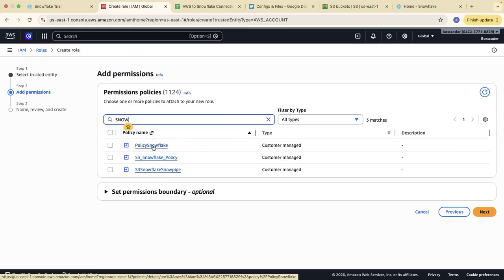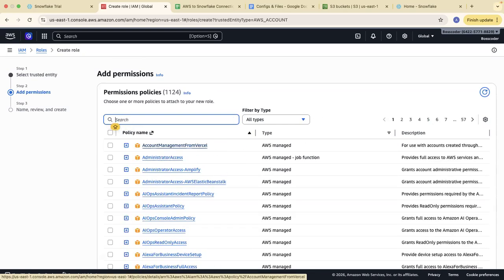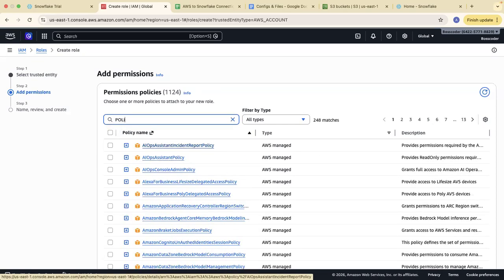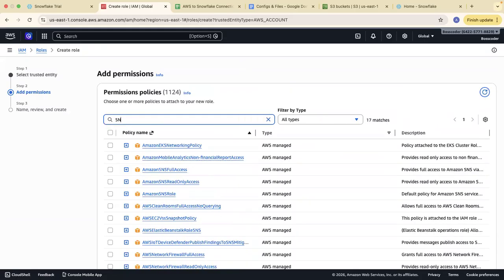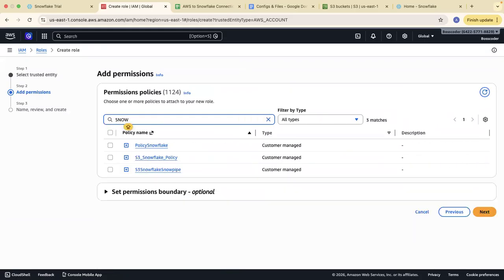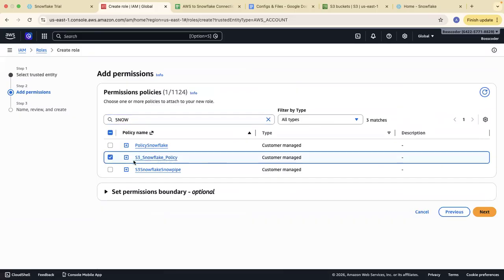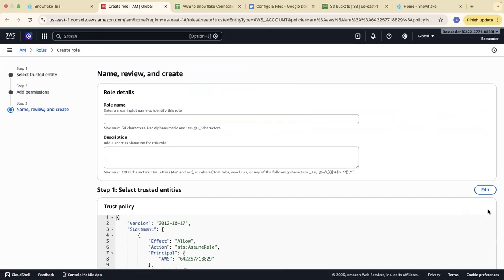Let me see the name. What is the name of the policy I have given? I've just forgotten. Anybody? What was the name I have given to that policy? I think S3 Snowflake policy was the name. Yeah. So I'll be selecting this and I will be clicking on next.